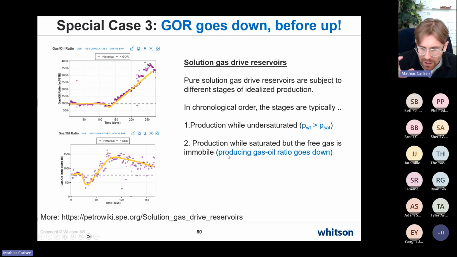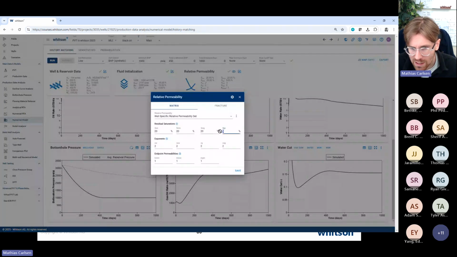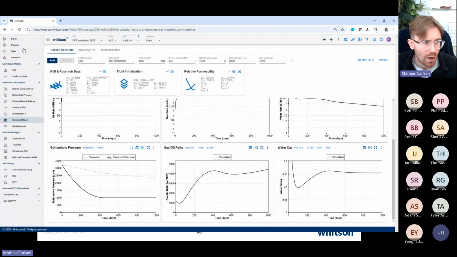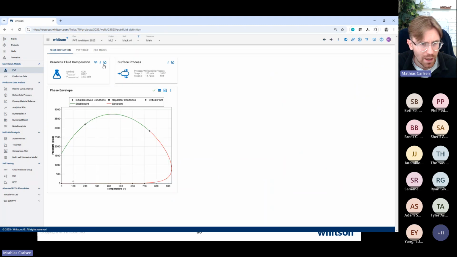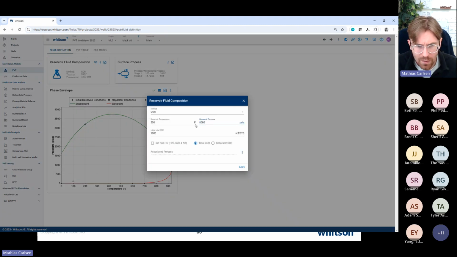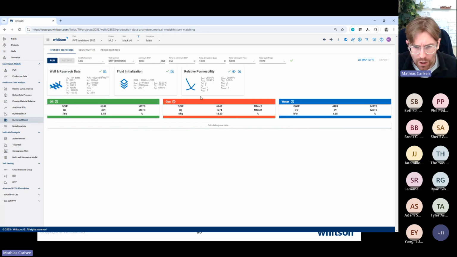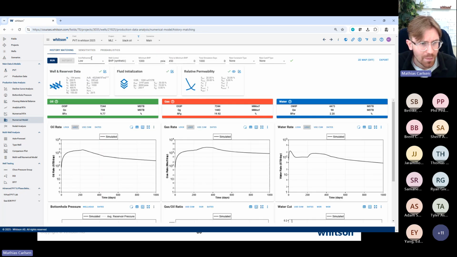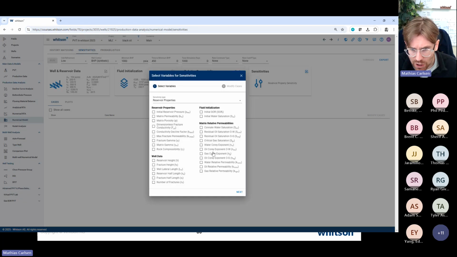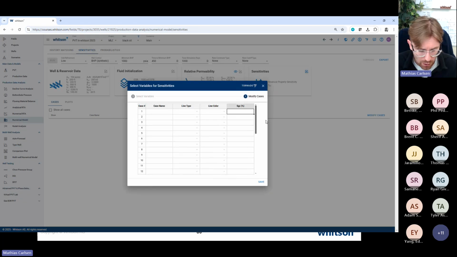And what is dictating that free gas? Well, if you have a free gas phase that's not mobile, that means you have a pretty high critical gas saturation. And critical gas saturation is this rel-perm term right here. So if I took this case, 8,000, I can show it one more time, and then you just run maybe a sensitivity on this SG term, and I'll show you how that looks for 0.00, 0.05, 0.1,